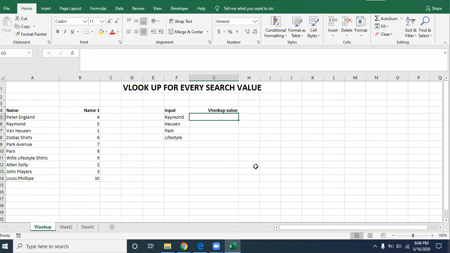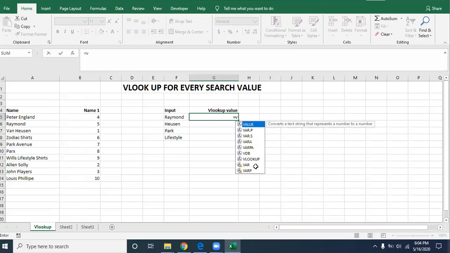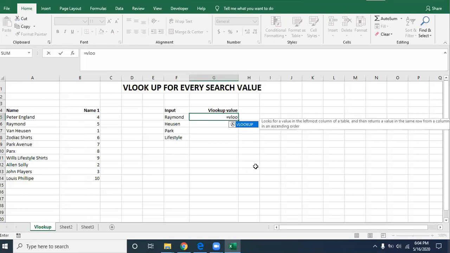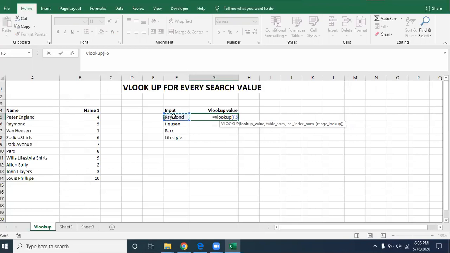You will get this formula in Excel itself. You just click the equal sign and then write VLOOKUP. As you can see, there is a suggestion already for the same. And now you are going to see here how they have written the lookup value, the table array, the index, and the number. So now you're looking for this Raymond,